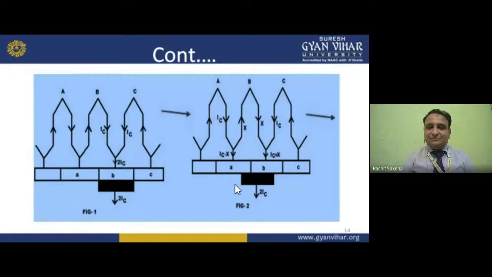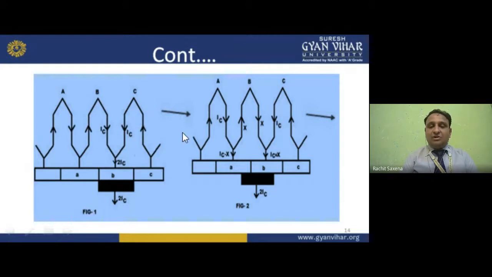Now see here. In the first case, it is moving right like this. So we are having the opposite, but these are in the same direction. So we are getting IC plus IC. I am getting what? 2IC. I am getting what, my dear student? 2IC. And the resultant of this we get from the B bar, and we connect a brush at that bar. That will give you the output, that is 2IC.